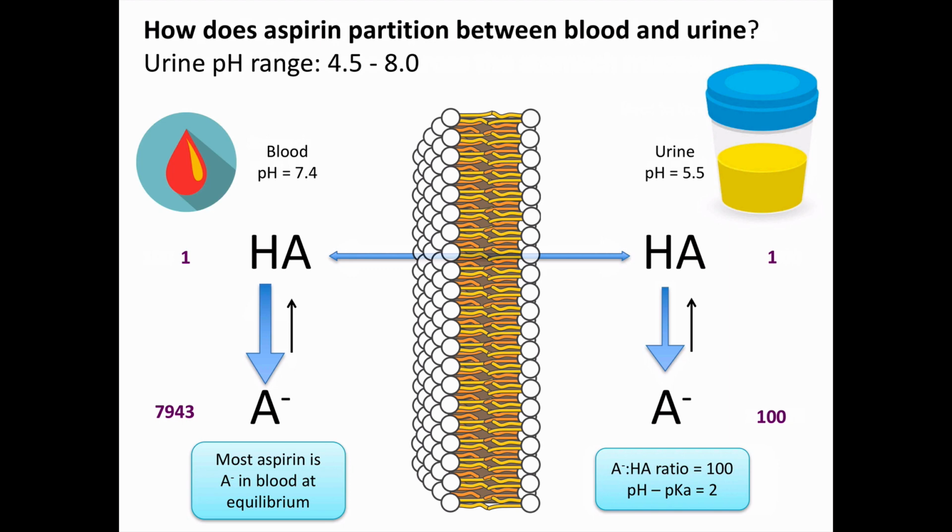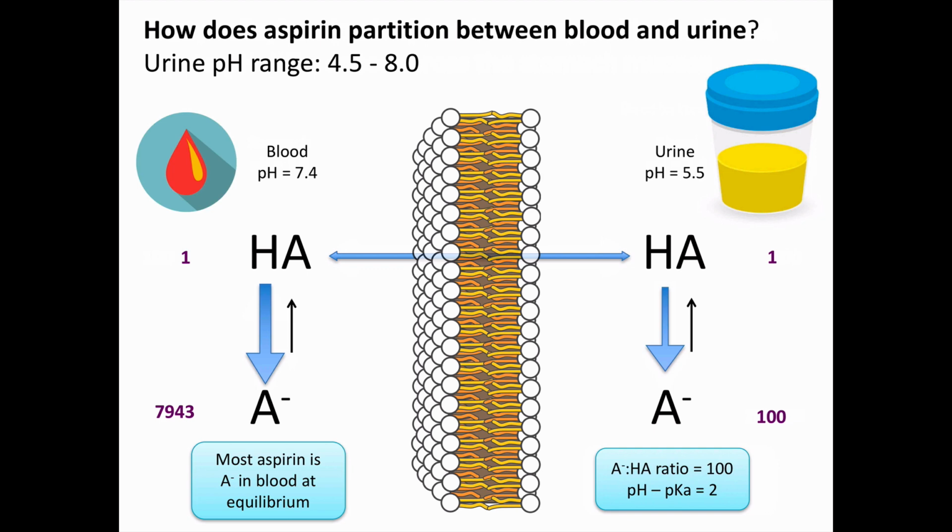Here we're going to discuss how aspirin partitions between blood and urine. The aspirin in the blood is going to be carried to the kidneys where it will be filtered in the glomeruli, and then it might be reabsorbed or it might not, depending on the pH. While blood pH is rather tightly controlled, there's a much wider urinary pH range. For this case, we'll assume a slightly acidic pH of 5.5. A pH of 6.0 might be more close to typical, but it can vary a lot, and 5.5 makes the